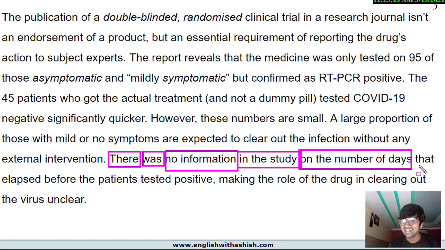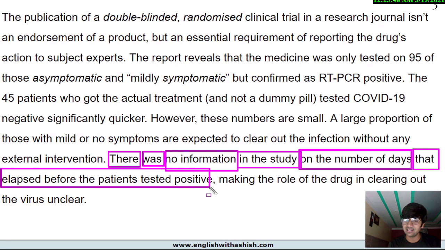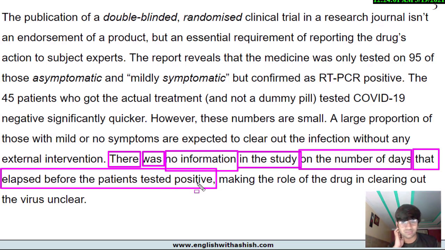Now after that we have an adjective clause, number of days that elapsed before the patients tested positive, right? This is an adjective clause or relative clause modifying the noun days. On the number of days, days that elapsed, that passed before the patients tested positive. So we're saying most of these people tested COVID-19 negative significantly quicker, but there was no information in the study on the number of days that elapsed, that passed before the patients tested positive, which is making the role of